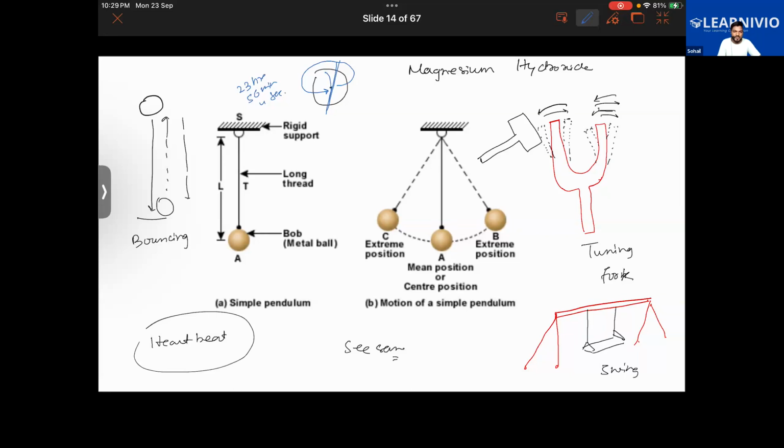Yes, sir. Abu Bakr, you getting it now? Good. So that is the case of periodic motion: when a particular kind of motion is repeated after a fixed interval of time, that is said to be periodic motion. Okay, that is one thing.